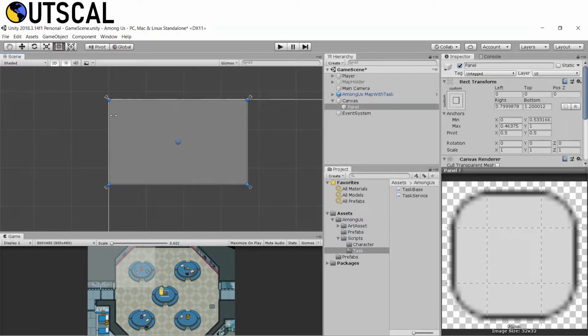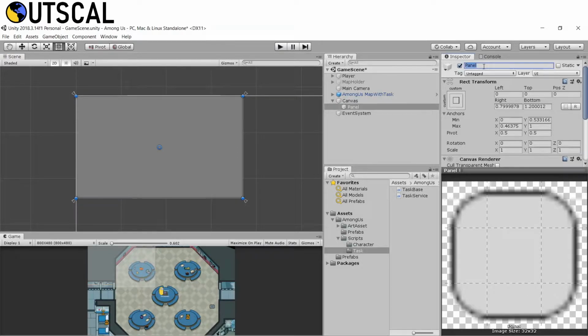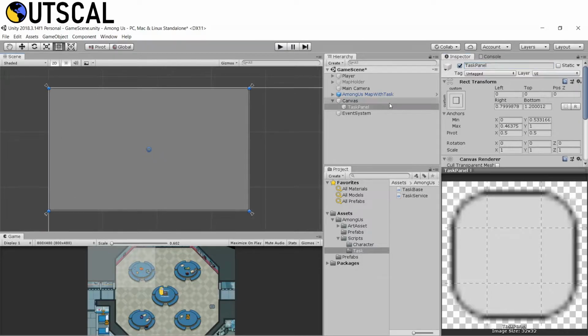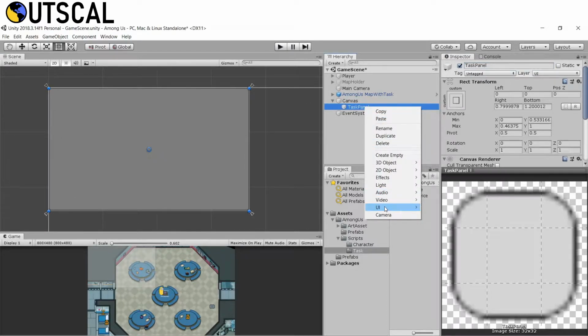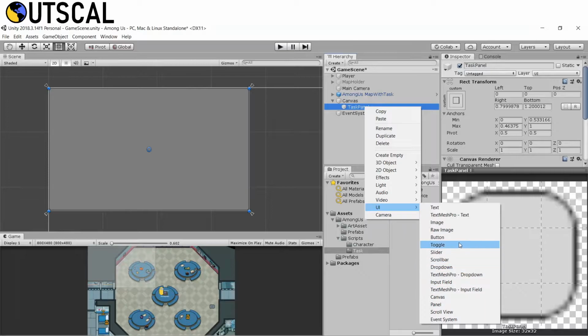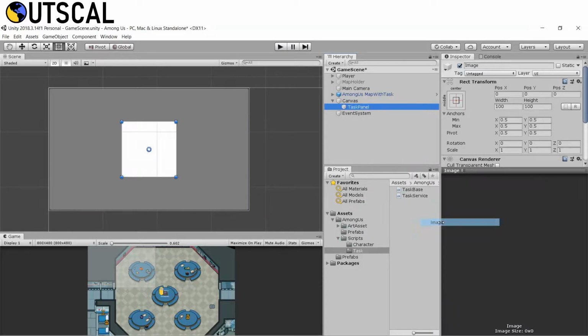So first thing, our panel has a progress bar. First we will call this task panel, and in the task panel we will have a progress bar. So UI, and then we will go for our image and drag it here.